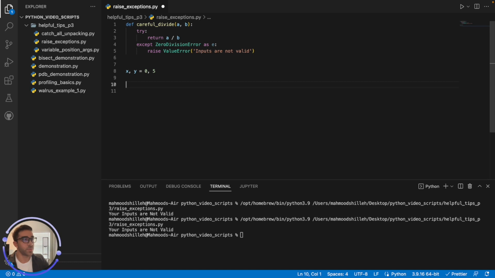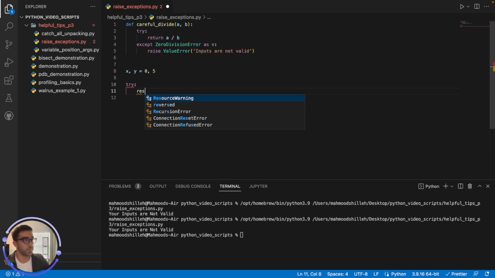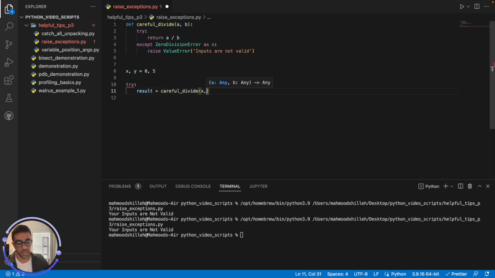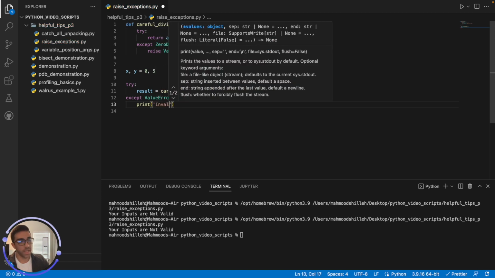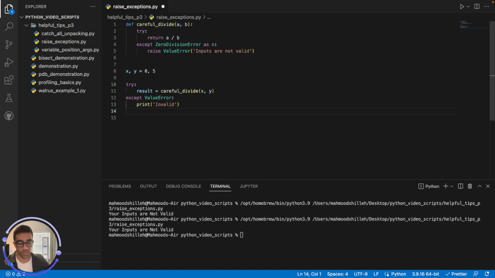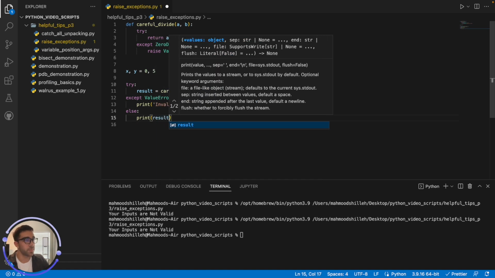So now we have x and y, x equals 0, y equals 5. I'm going to say try result equals careful_divide, and I'm just going to pass in x and y. So x, y, and except ValueError. I'm just going to print invalid. And the next thing I'm just going to do is say else, we just print result. So this is a much better, more robust way to deal with the situation because